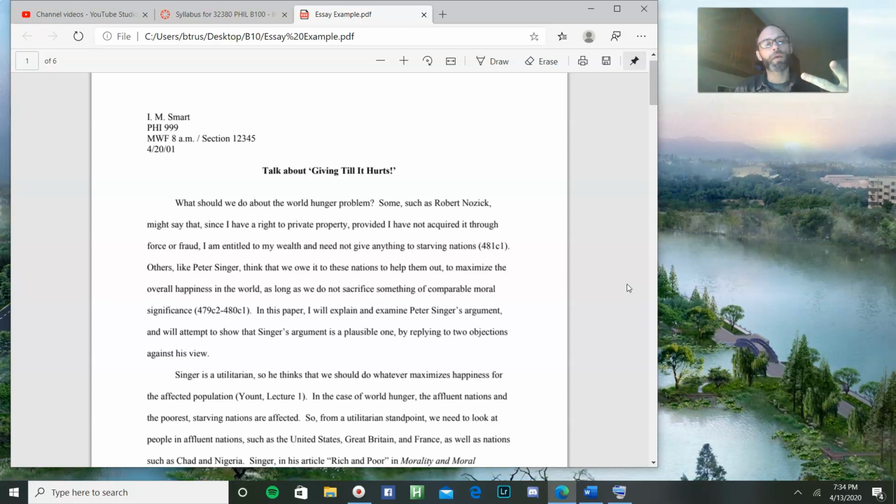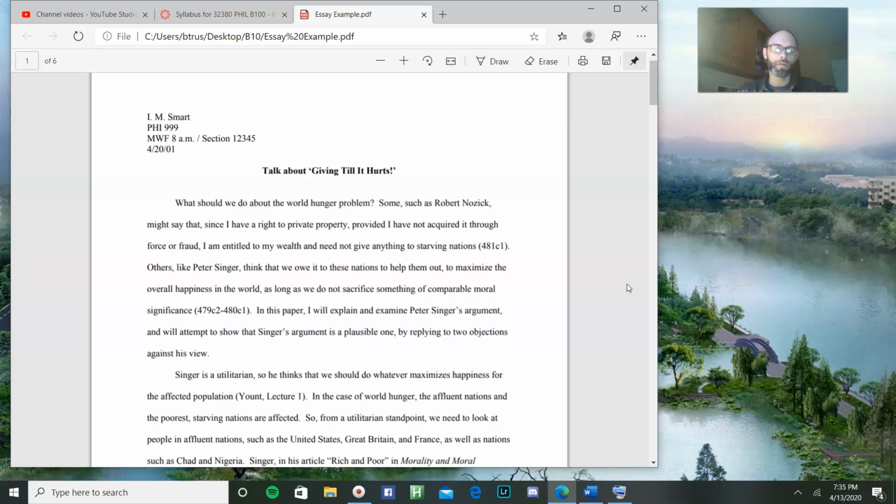The next thing the author does is propose some opposing views. That's a good idea for your paper. You're trying to argue for a thesis. Hopefully your thesis is somewhat controversial. Hopefully it's not something that everybody agrees with. So you could have a couple different takes on the issue and highlight people who think different things about the issue.